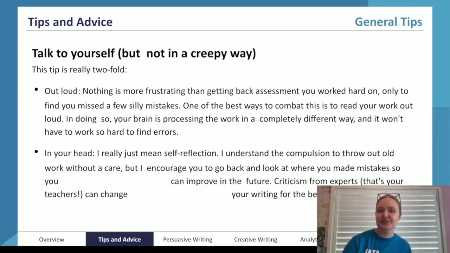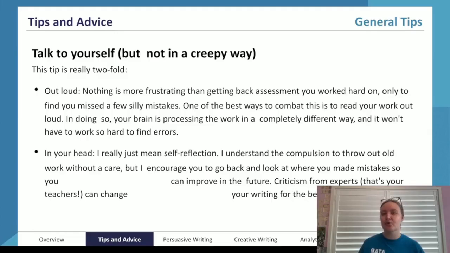Now, if you're in year 12, I'm sure a few of you might be thinking, Maddie, I never, ever want to have to do this kind of writing ever again. But unfortunately, I'm not gonna lie, if you decide to go to university, then you're gonna have to be doing long form writing again. And there are so many things you can learn from your high school writing tasks that will help you in university. And even if you don't go to uni, a lot of different jobs will also require you to be doing some sort of writing task every now and then, whether it's reports or anything like that.